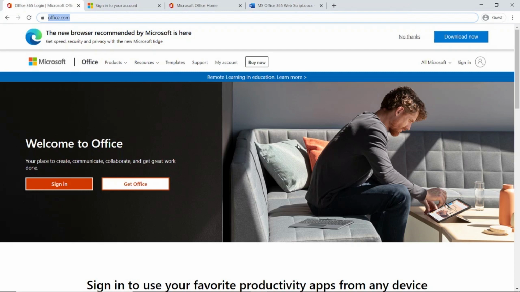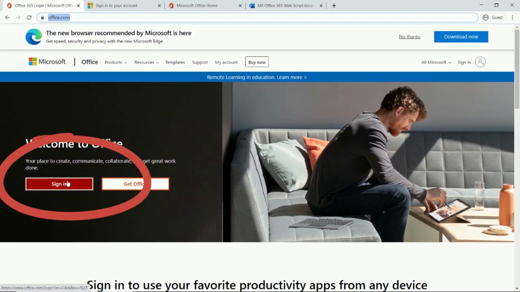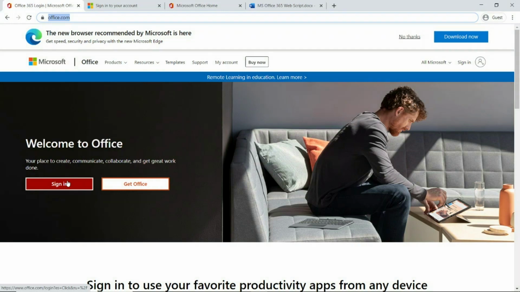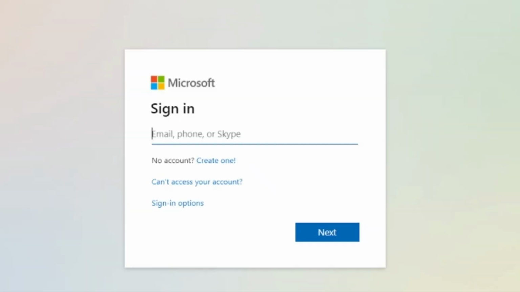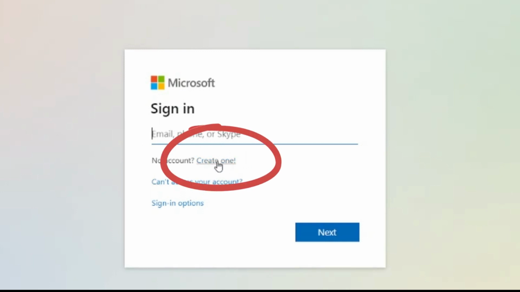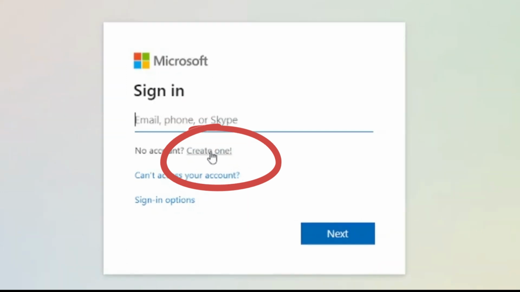In here, if you already have a Microsoft account or an Outlook account, you can simply go to sign in and you start using it right then and there. If you don't, then what you need to do is you need to click the sign in and maybe create a new account. So this is the second screen. This is the sign in screen where if you have an account, you go there. If not, you see this create one, you click on the create one, and here you can just simply go and use whatever email ID you're already having, whether it be Gmail or your official email ID, and start using it right then and there.